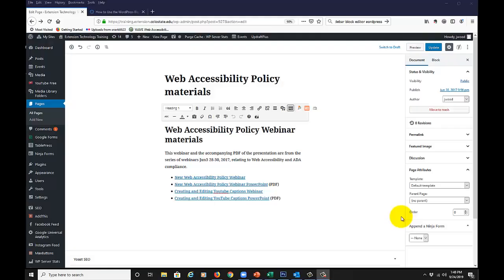Hi there. In this session, we're going to be talking about the new Gutenberg block editor in WordPress. If you've gone into WordPress in the last couple of weeks after the update to WordPress 5.0, you've probably noticed that the editing screen, the document pane here, is quite different than it used to be. So we're going to spend some time talking about the changes that have been made to the editing tools available